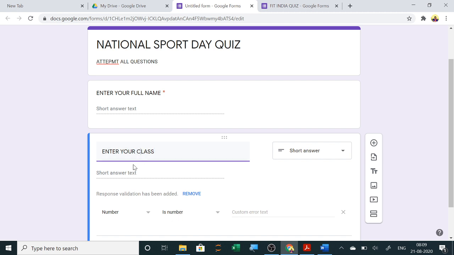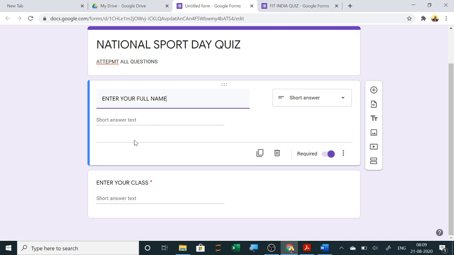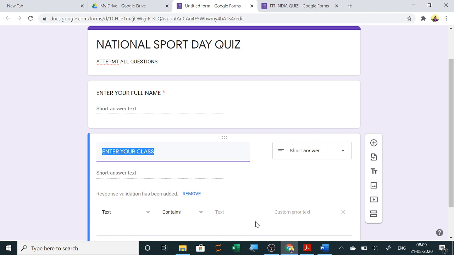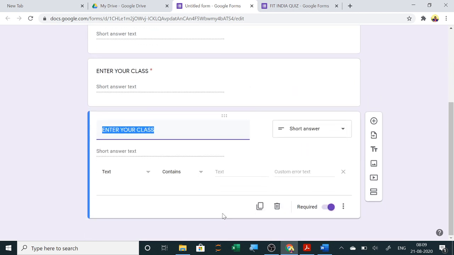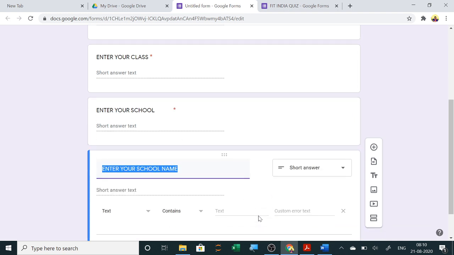And then again you can see, if it is showing number here, you have to change it to text. Clear? By mistake if it is showing number, like here it is showing text only, so it is correct. You just check it. If it is showing number, you change it. Then like class, I want to give it in text, and then copy it. Enter your school name, because the school name will also appear, so it is better if you give the school name also. And then after that you start with the questions.